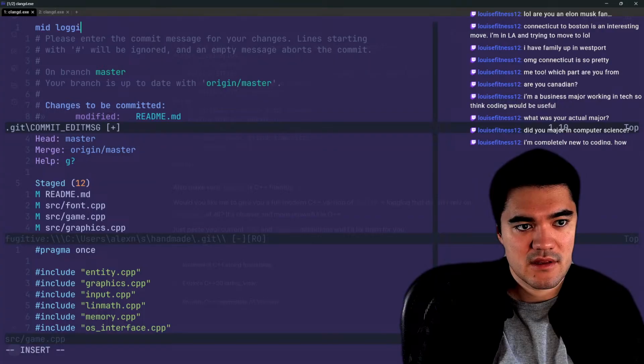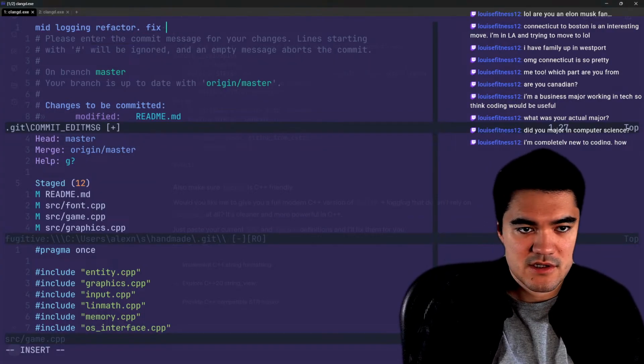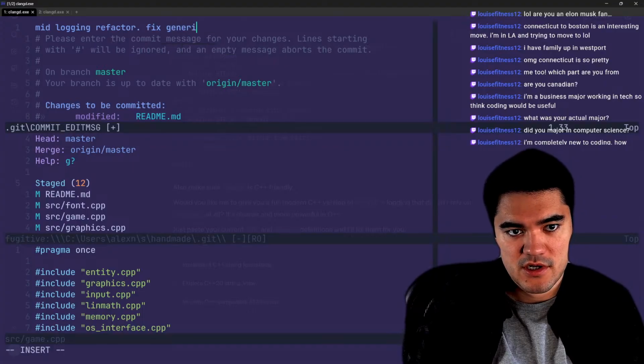Mid logging refactor, fix generic macro expansion